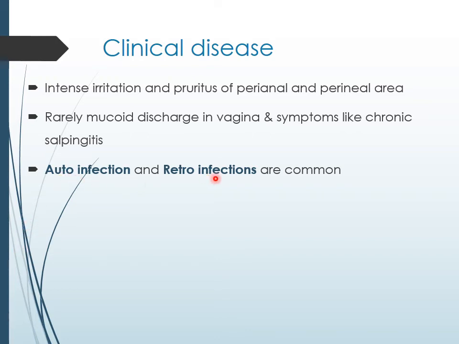This we have to remember two things, that is auto-infection and retro-infection are common in this one. Auto-infection through the nail, during itching it would come in the nail bed, while patient tend to eat anything, it would come in the mouth. Many times with patient's contaminated hand, it touches the door handle or the other knobs. Through that it can also infect other persons.